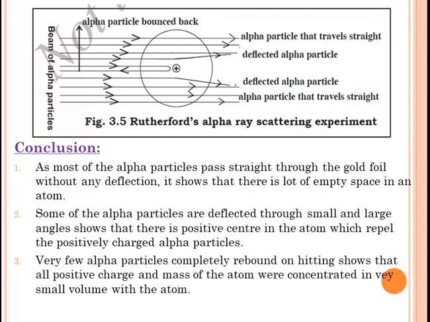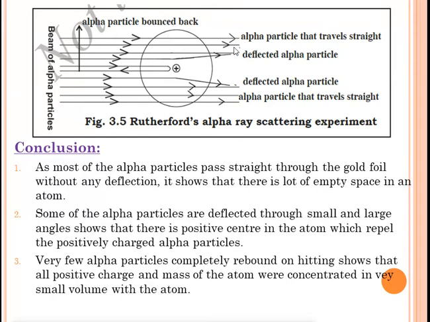This is the experiment by which we can understand it more clearly. See, this is Rutherford's alpha ray scattering experiment. In that, he used a thin gold foil. This is our atom. In the center you can see a positive charge is there. This is the nucleus. These are the alpha rays. They are coming. They will cross the gold foil.